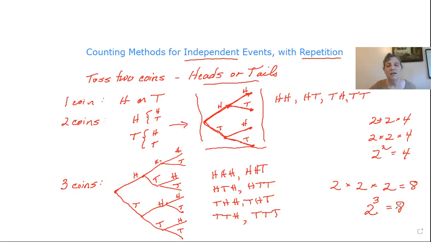Now, can you picture that if we had 4 coins, if we did a 4th toss, if the first one landed on heads, we would have all of these possibilities for the next 3. And if the first one landed on tails, we would again have 8 possibilities for that. So every time we add another coin, we multiply, we double the number of possible ways to get combinations. In other words, if we had 4 coins,